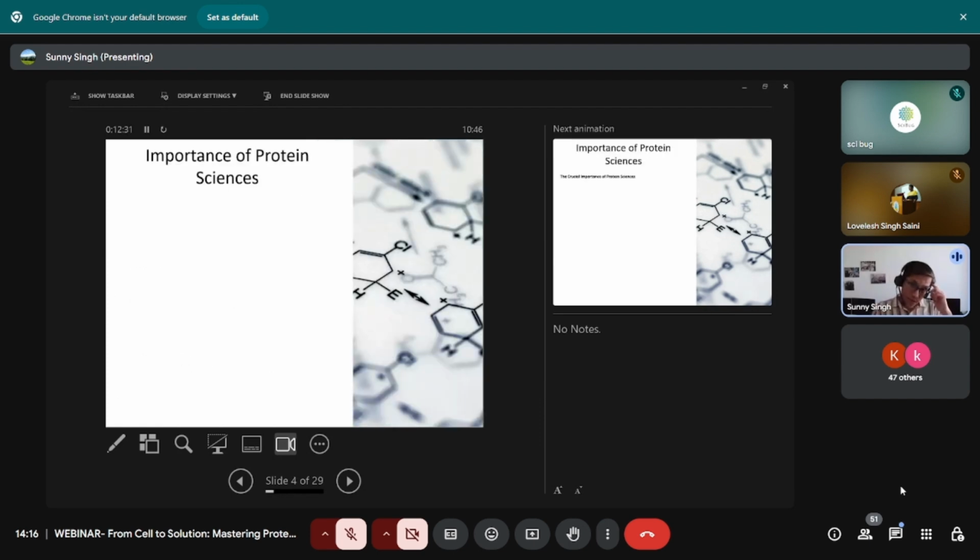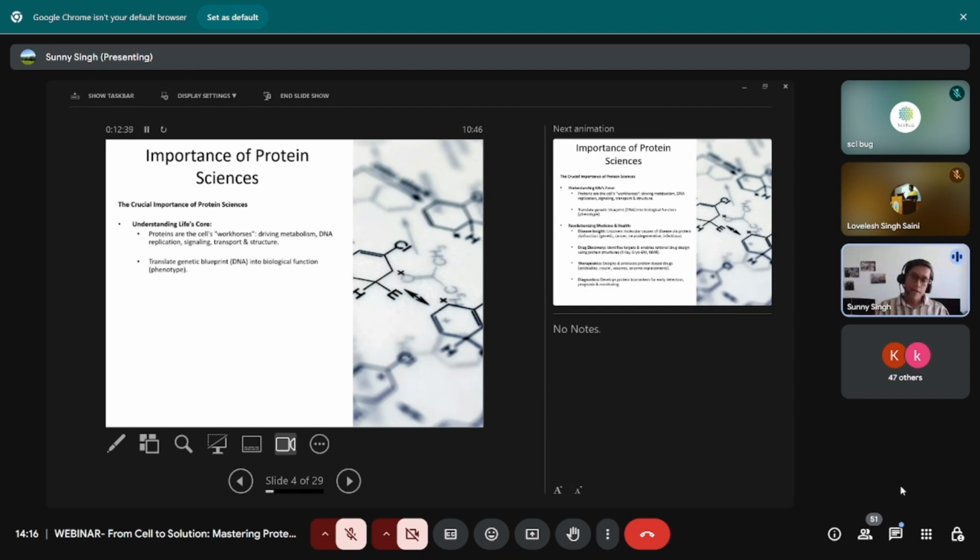So now let's see the crucial importance of protein sciences. Proteins are our cells' laborers, or workhorses. They drive metabolism, they do the DNA replication, they help in signaling mechanisms, they help transport, and they give structure, a framework. Proteins are very important from the life systems point of view, and they also translate the genetic blueprint into biological